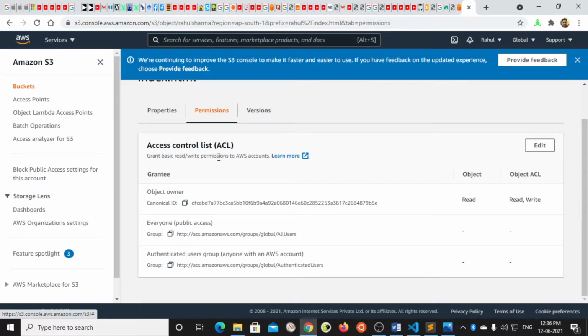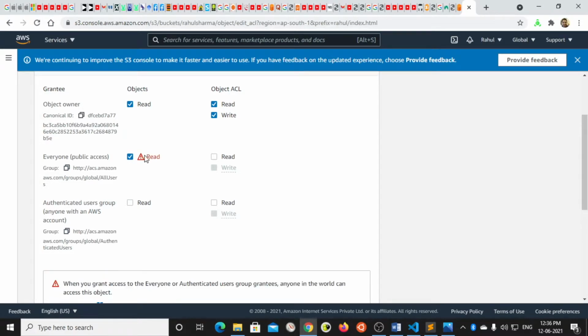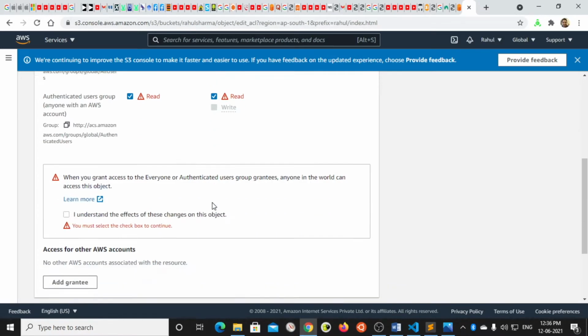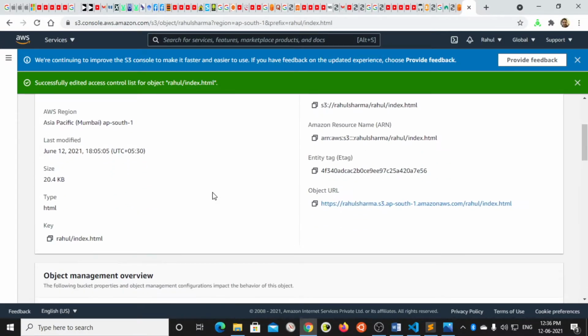So in permission, just go to the edit and check all the boxes. Read. Okay, save changes. So this is the basic step of providing permission, and now if we click on the link, it should get open.